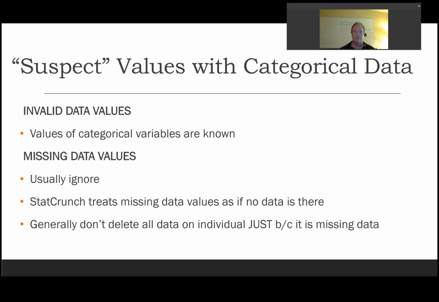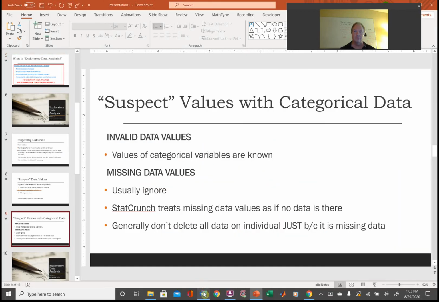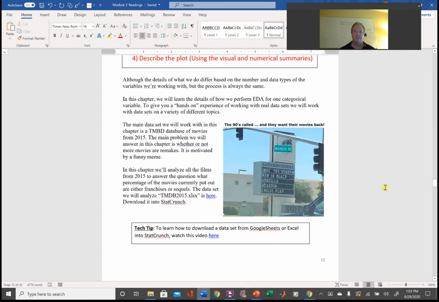And we're going to talk later on, when we get to quantitative variables in more depth, about things we can do in various sorts of cases where we have suspect data values. The categorical data is going to be pretty easy. So what I'm going to do now is run through how we do this using the